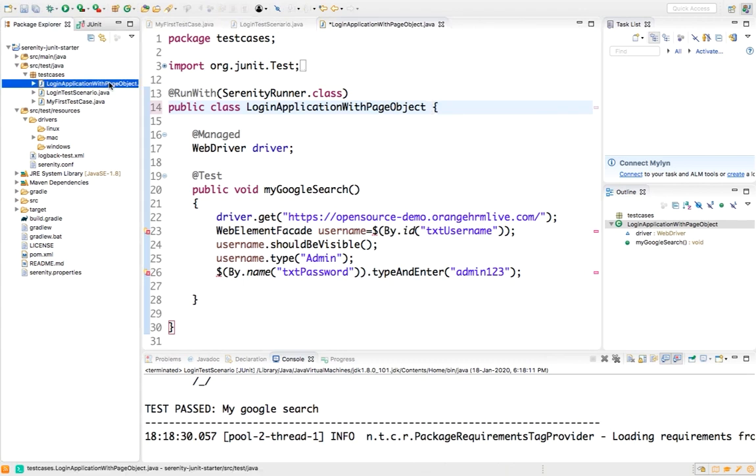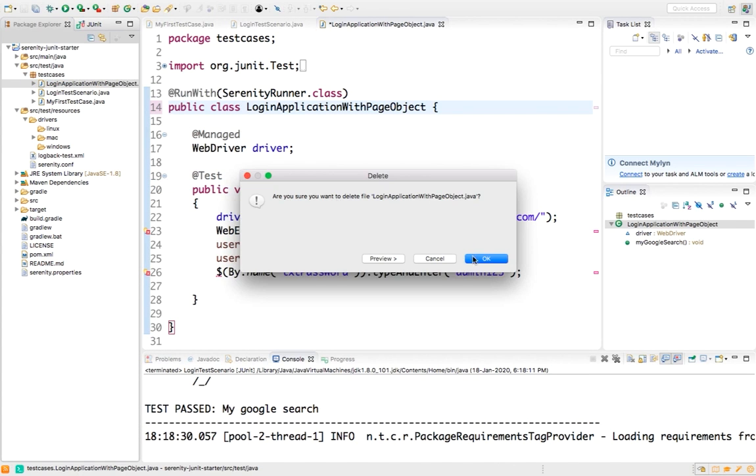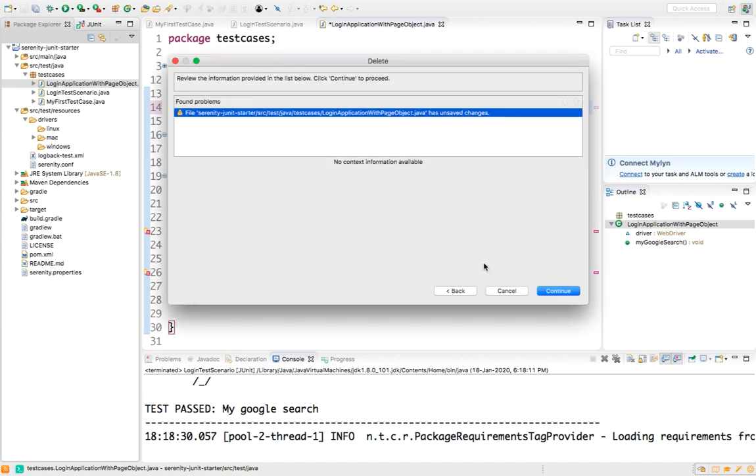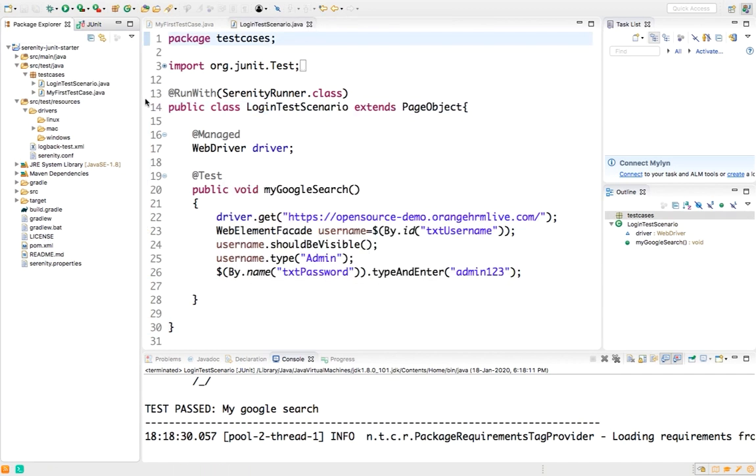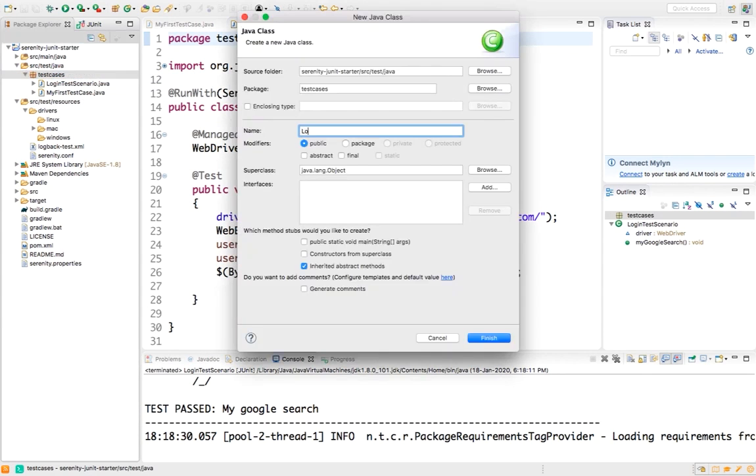Okay, let's do one thing. Let me create everything from scratch so that you do not get confused, because you might be following this video from scratch, and if you have not watched my previous videos, then you will not understand this. So let me create everything from scratch. I'm creating a class, and this time I will call it LoginApplicationWithPageObject,